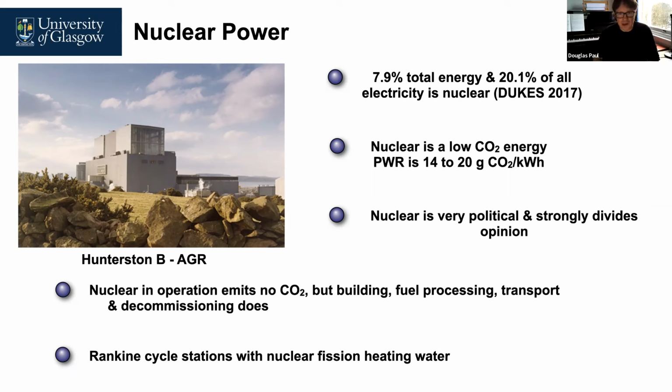facts of what energy can be generated, how much energy, and it is extremely low CO2 per kilowatt hour compared to even renewables and many renewables. So in fact, if we look in the UK, nearly 8% of total energy and 20% of all electricity in 2017 was nuclear. And those numbers are going to change in the future, as I'll explain, mainly because the UK